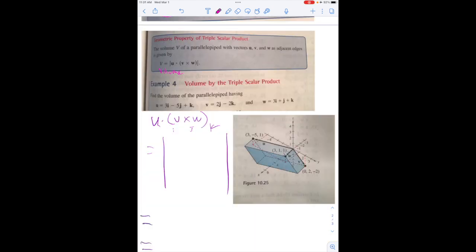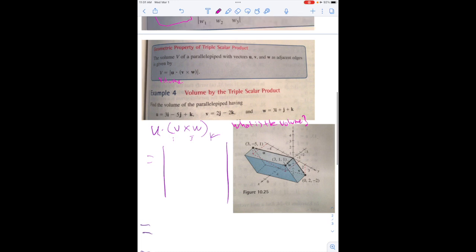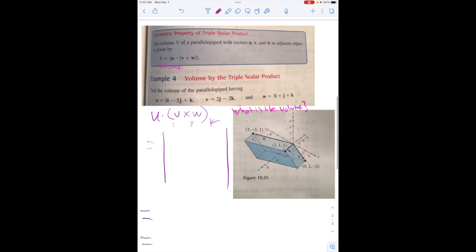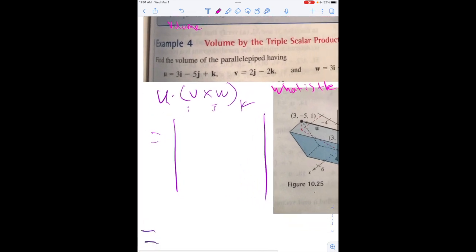Like I said, this is our last example. The value of the triple scalar product is U multiplied by the cross product of V and W. Again, this is a U. So if we set it up,